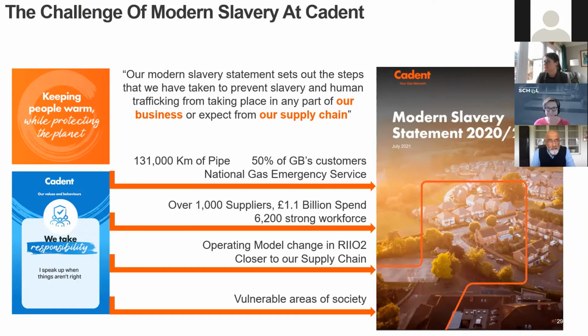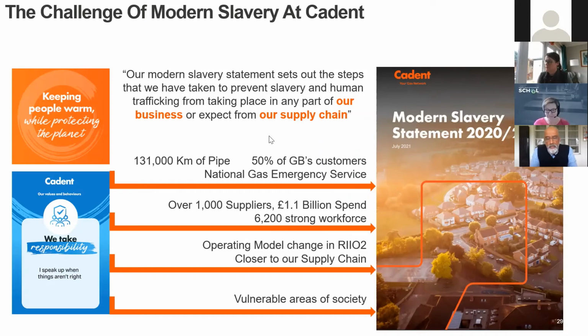We have actually got 2,000 and something suppliers, but in terms of the ones with the largest amount of business, and Helen talked about prioritization and the Pareto and all that. So yeah, over 1,000 suppliers with whom we spend over £1 billion. We also have a workforce that is over 6,000 strong. So these are huge numbers, and the bigger these numbers get, the more the chances of coming across modern slavery. And that is why I put those numbers in there.